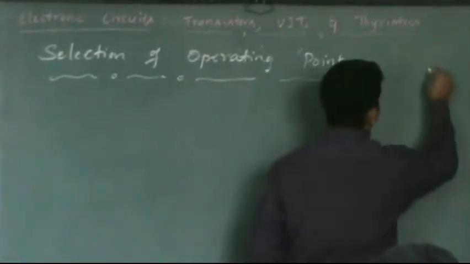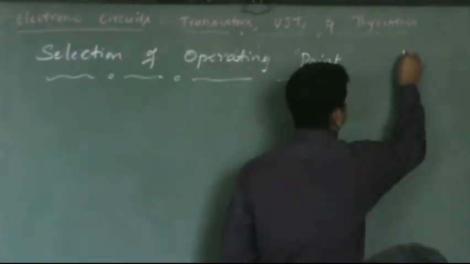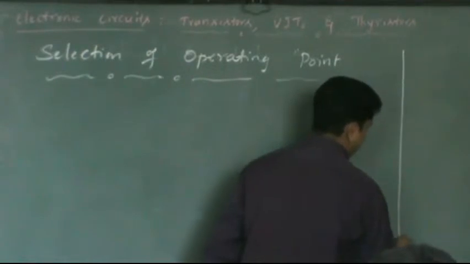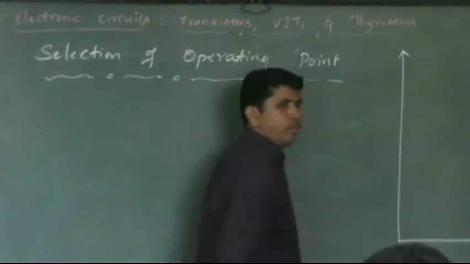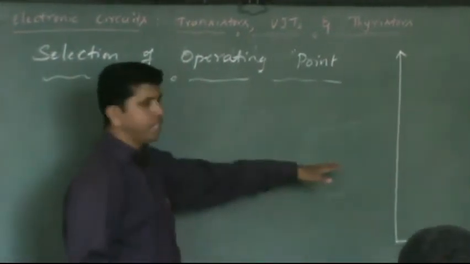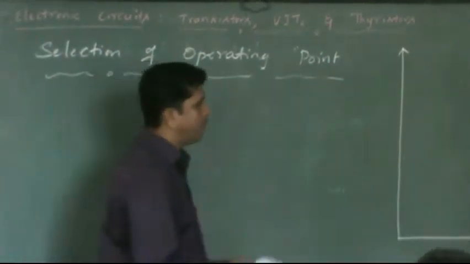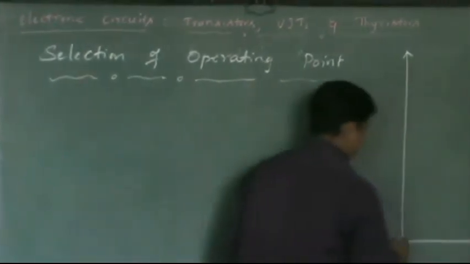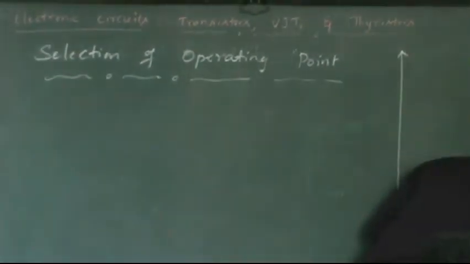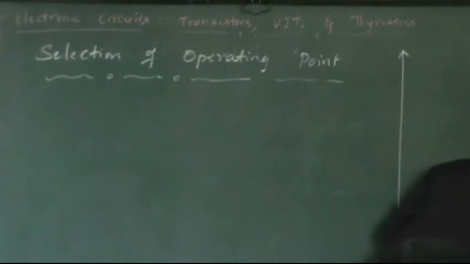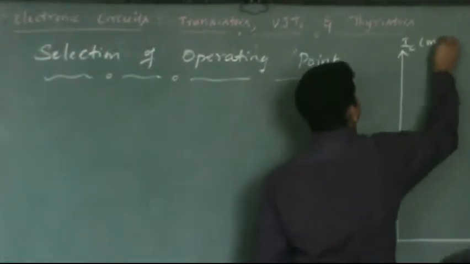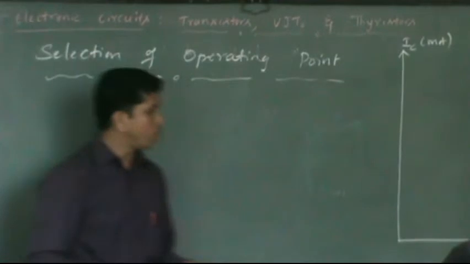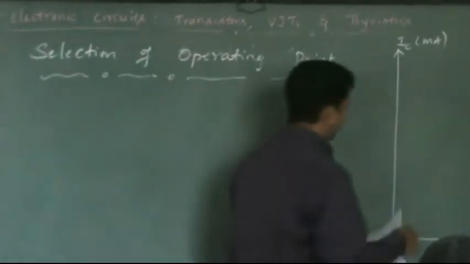I will draw here a graph of transistor output characteristics. Although you have drawn this graph earlier, now this graph is going to give you a different meaning. This is totally different from the common emitter characteristics I have drawn previously. The x-axis is as usual VCE in volts. The y-axis is going to be IC, which is in milliampere. I am going to draw both the power graph as well as the output characteristics.